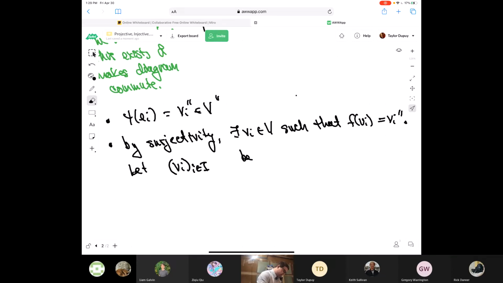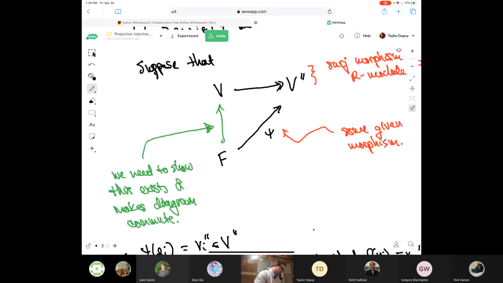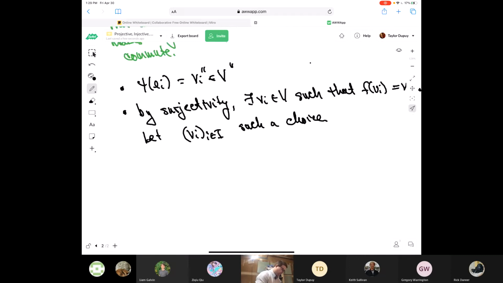Be such a choice. Okay, so there exist some things, so this map is surjective. So what we're doing is we're just picking pre-images out. Okay, and so what we'll do is we define F to V here to be the map